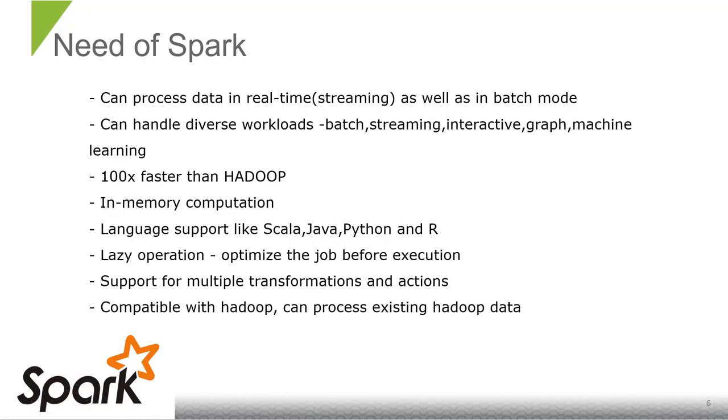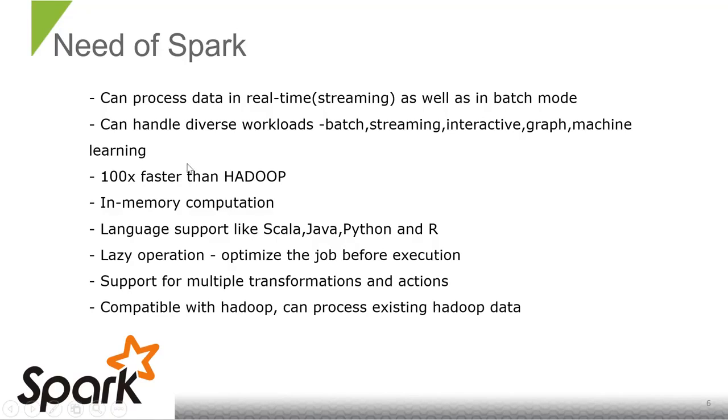And then it is 100 times faster than Hadoop. That is one of the key features of Spark, one of the success criteria of Spark. This is why most industries are using Spark over Hadoop: the ability to process data in a faster way compared to Hadoop. Why is it processing faster? It is because of the in-memory computation which Spark supports,